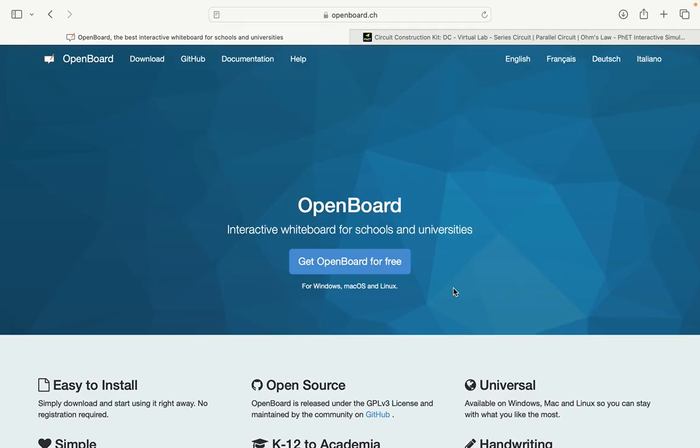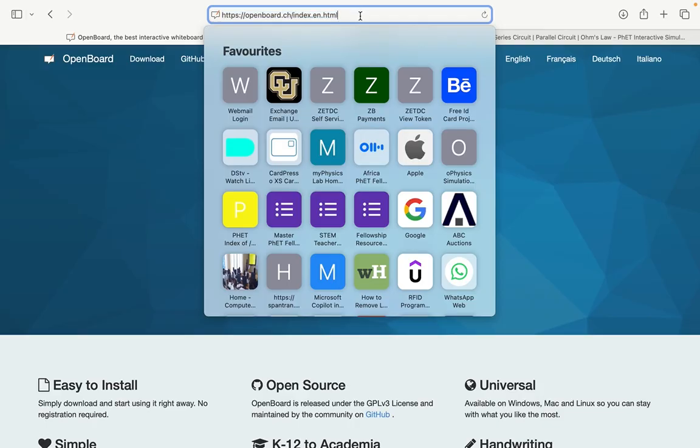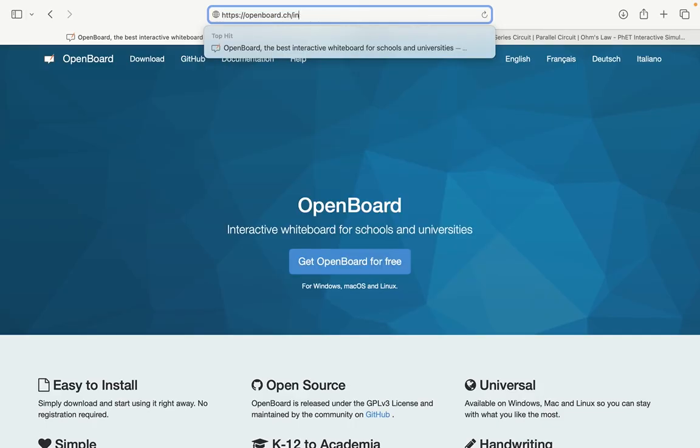In this video, I will describe how you can integrate OpenBoard with the PhET simulation so that you can create an effective active lesson. OpenBoard is an open source interactive teaching tool that allows teachers to explain scientific concepts clearly and also work out mathematical problems. OpenBoard can be downloaded from the website